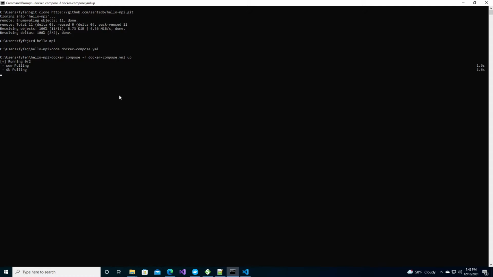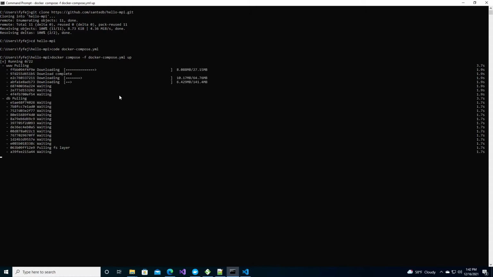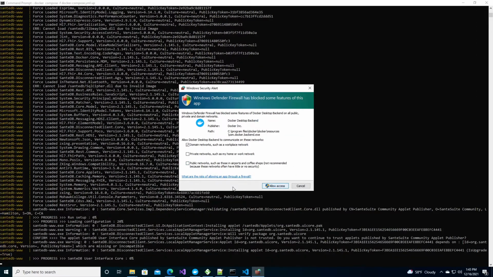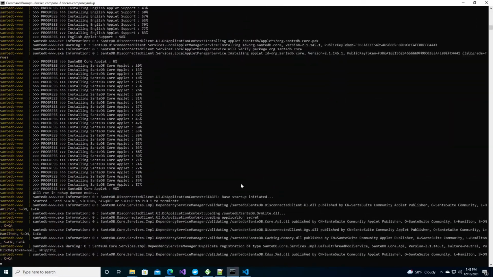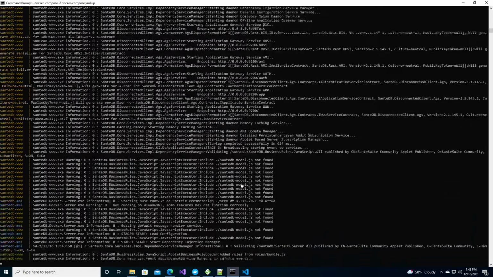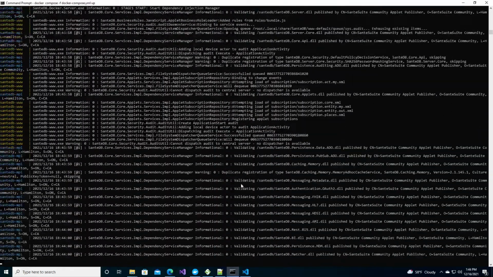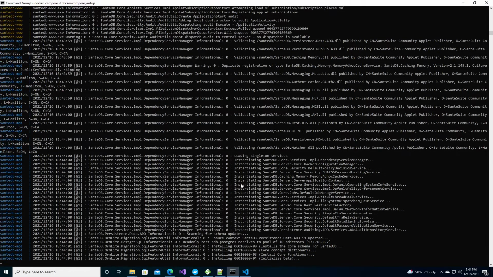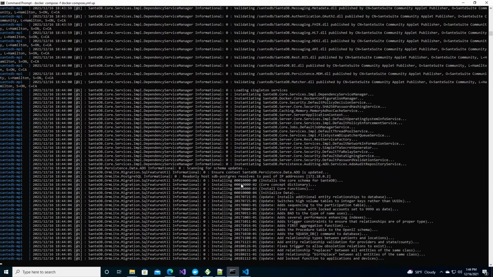And we're going to download our database and our latest SanteDB images. And when that's done, I'll join you for the startup. Okay, so we're going to go ahead and allow access on our firewall. And what you're going to notice here is that there is a lot of activity happening on the initial startup